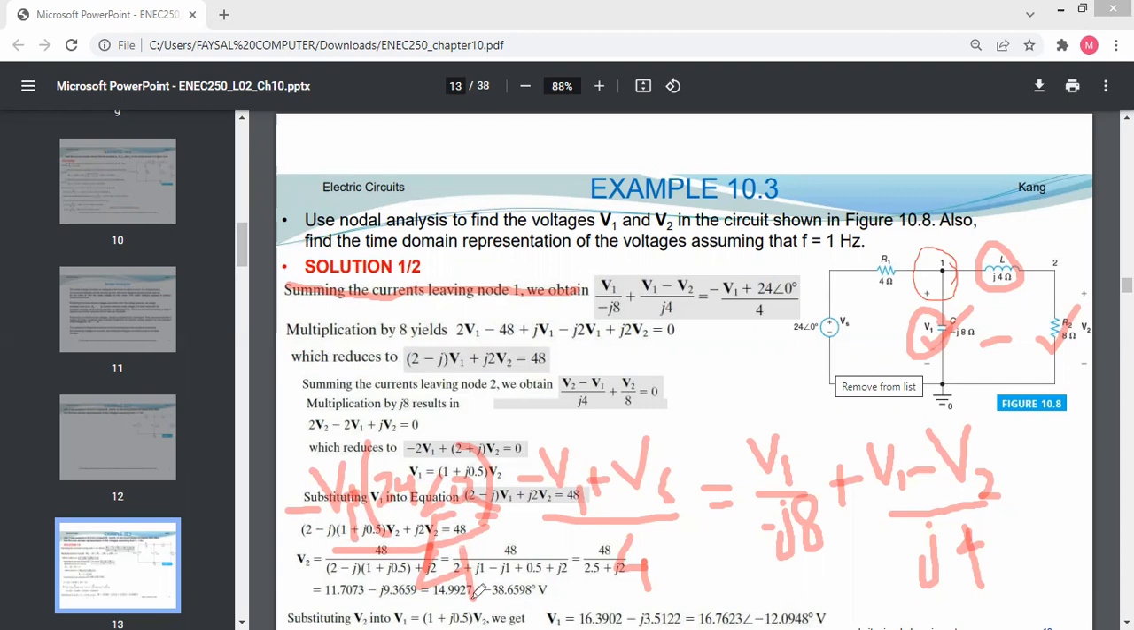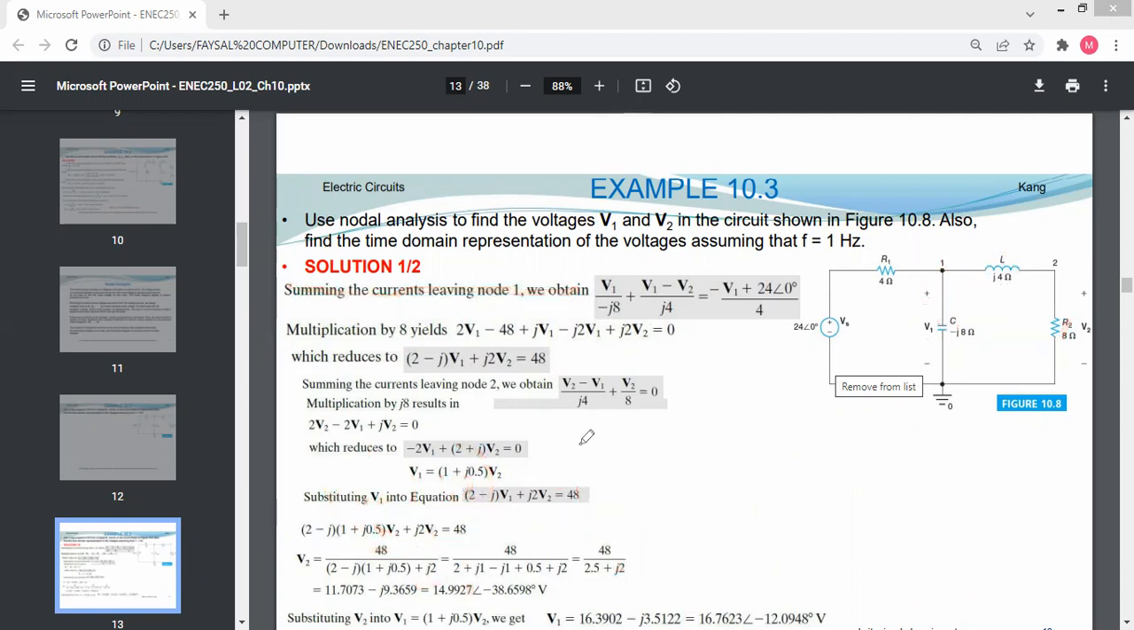So this is the value of currents leaving the node 1. Here it is the point of node 1. Now for this circuit, I have to multiply both sides with 8. So this will lead to the solution that it will be 2v1. After multiplying with 8, this will be my 2v1 minus 48